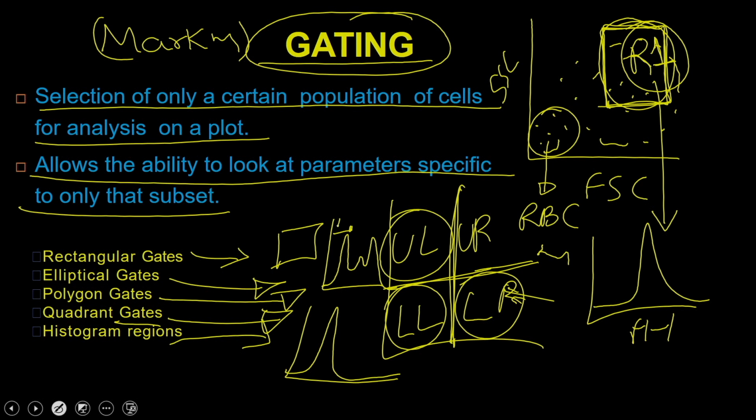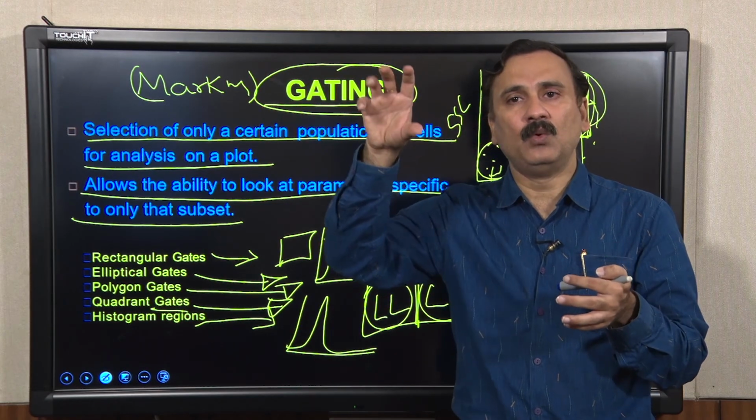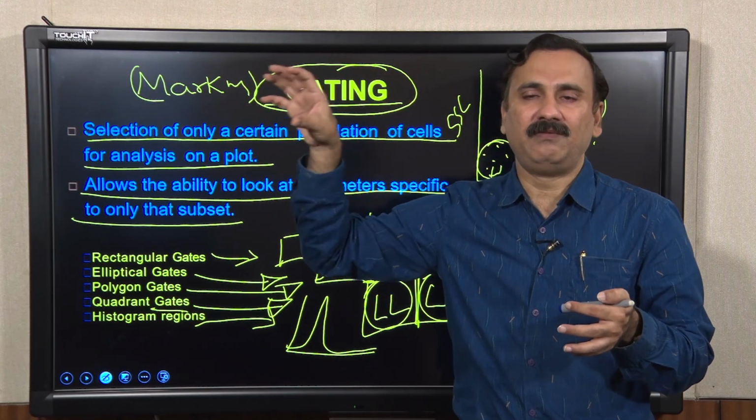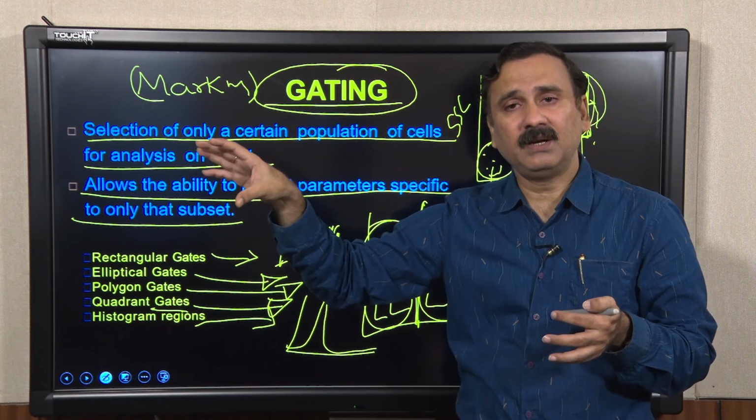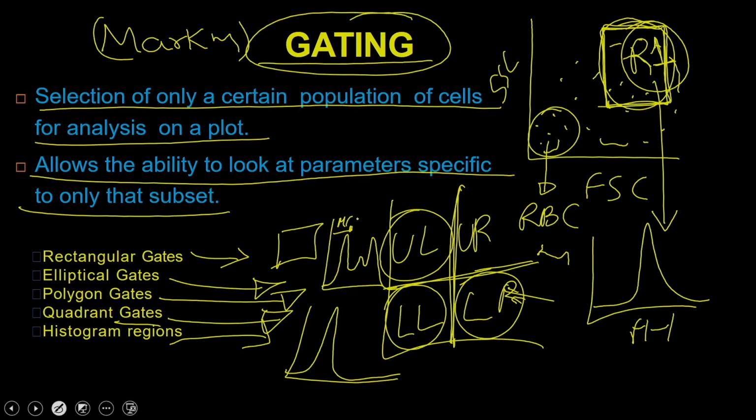So you can just put a marking like this. Suppose this is an M1 marker. In that case, the machine is going to tell you the level of fluorescence in the M1 marker and the cell population in the M2 marker. So you can have different types of markers. You can have a marker for this peak, and a marker for that peak. So you can have M1, M2, M3, and analyze your sample as per what is present in the individual peaks, because now you are getting 3 individual peaks in a histogram plot.